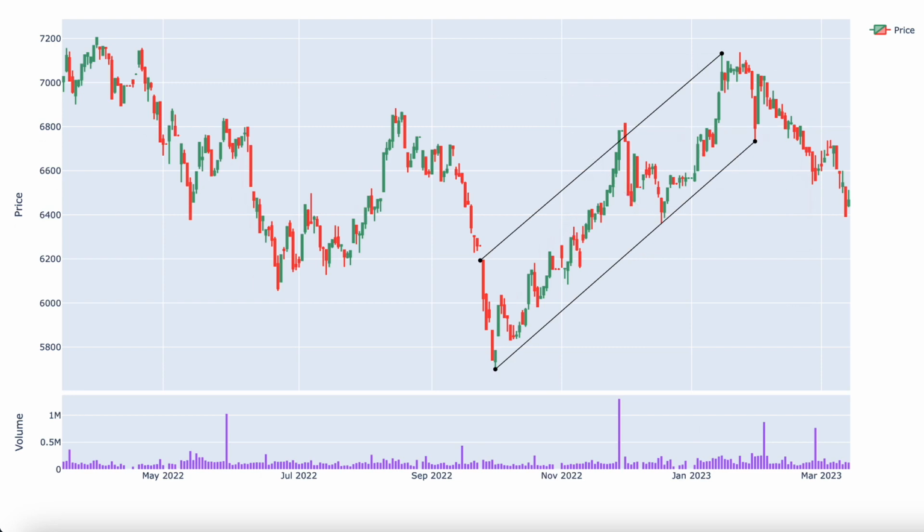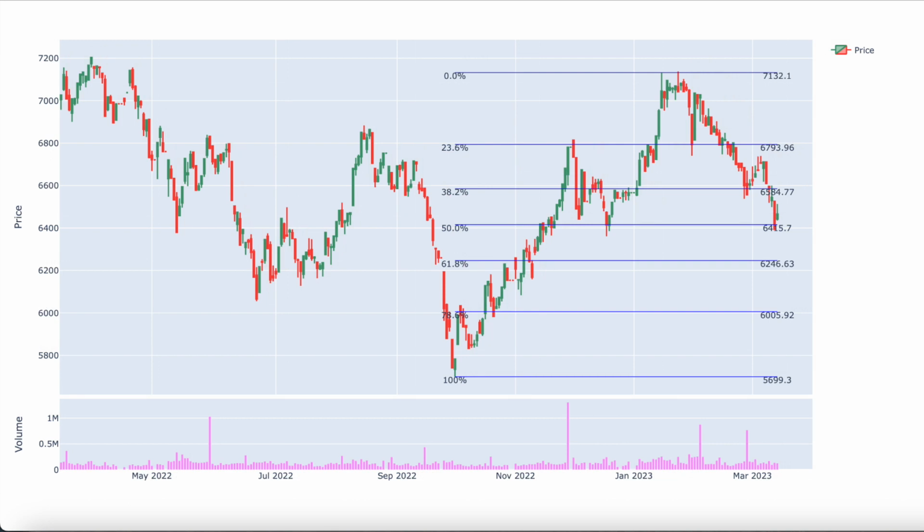Another way of finding where price will go is Fibonacci retracement. This shows possible levels where price bounces back in the original direction after going through a retracement. A retracement is a temporary change in the direction of price before going back to the original way. The Fibonacci retracement levels, or Fib levels, are 0%, 23.6%, 38.2%, 50%, 61.8%, 78.6%, and 100% of the original gain or loss of the price in the trend.